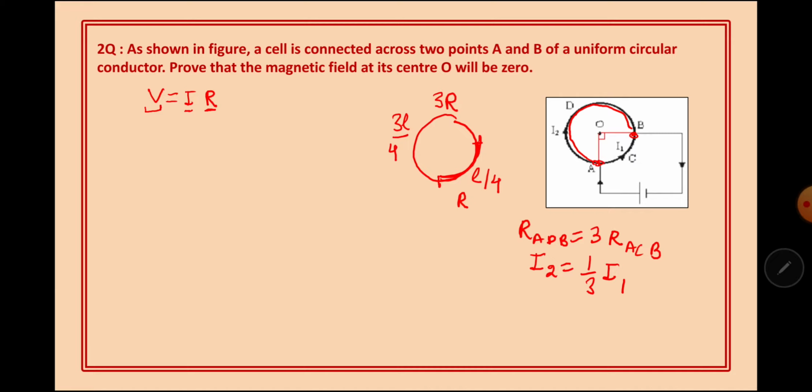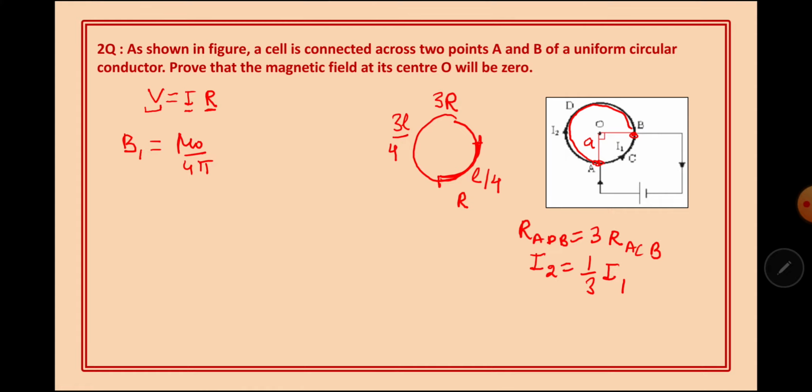Now second part is, we have to find out the magnetic field due to each part. Let me suppose the radius of this circular part is say A. Then how do I go? I assume the magnetic field due to the smaller part to be B1. That will be equal to mu naught upon 4 pi. Students, when we did the magnetic field at the center of the circular loop, there I told you, if we have a complete circle, then we use 2 pi in the numerator, and if we have an incomplete circle,